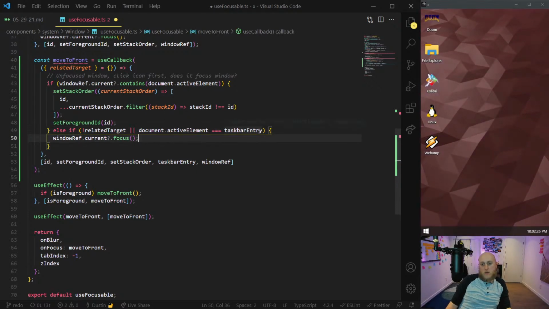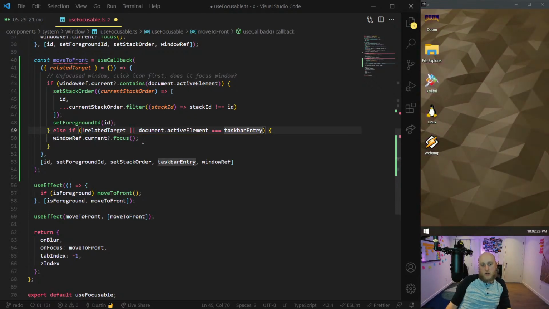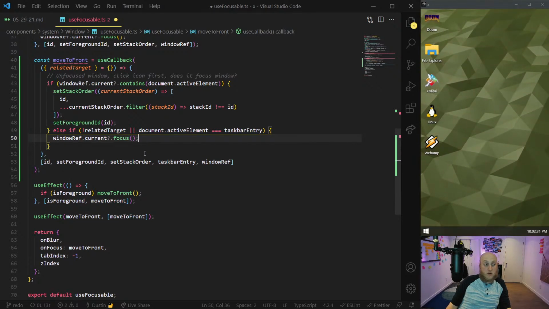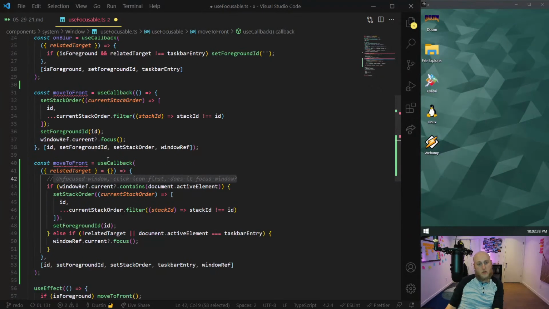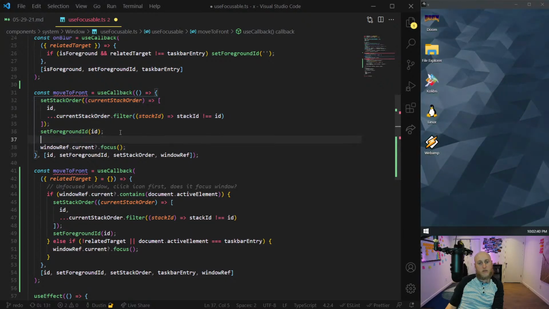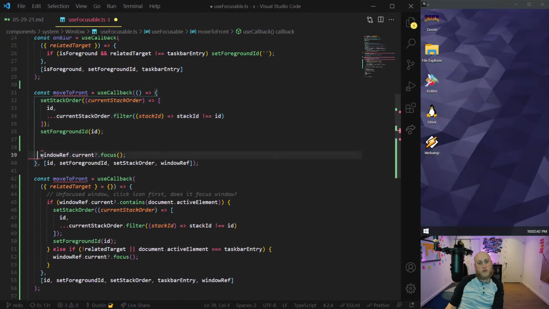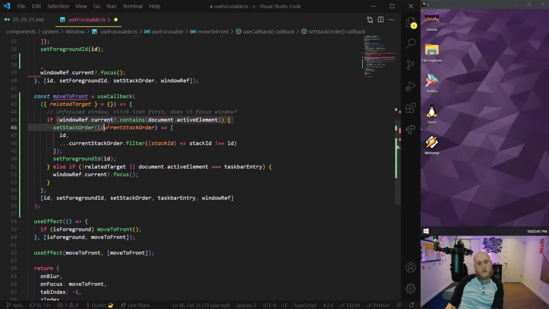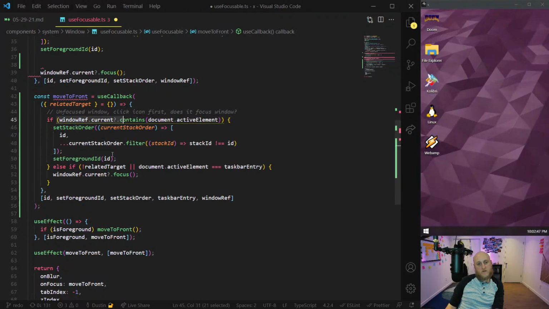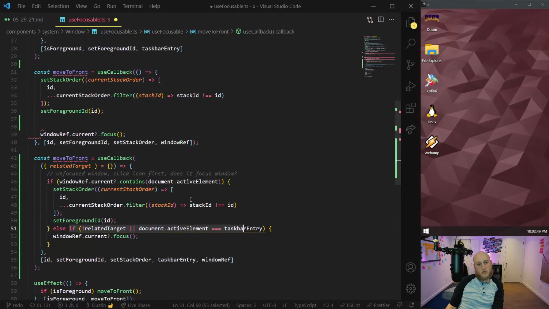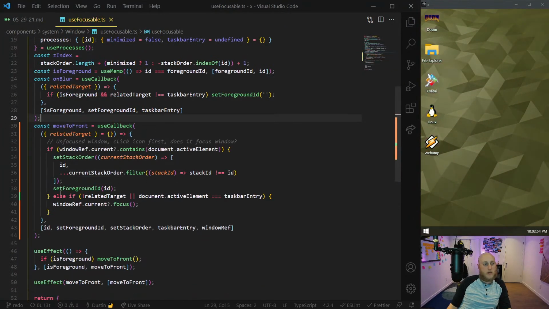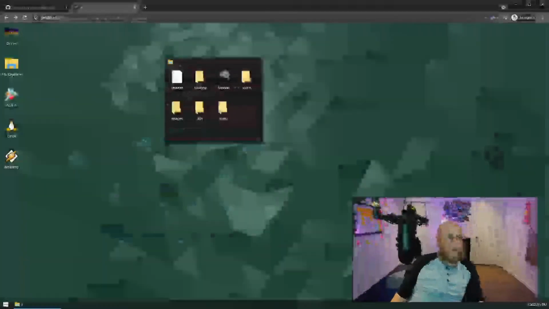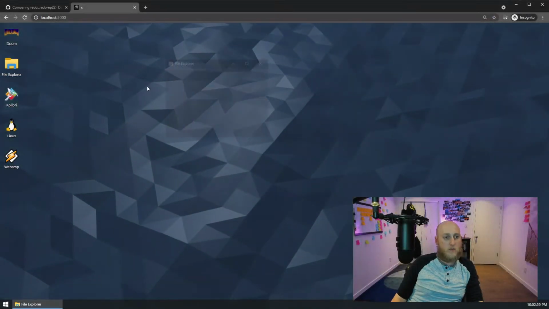And then I have it here, so if you click the taskbar entry, it also refocuses on the window. That is correct, that's what I want. That's something I didn't have before, I think, so that's nice. But this is still unanswered. So anyways, I've explained the logic. It's pretty much like it was before. I just split up this piece and make these conditional based on different conditions. And they're complementary. So if this is false, then it matters for these two. It's important that it's in that order. So, but let's take a peek. Let's try it out. So now if I refresh here, so we open the window and we're in the window.